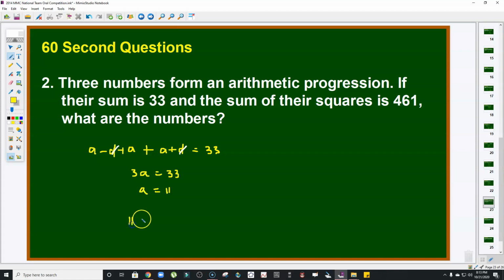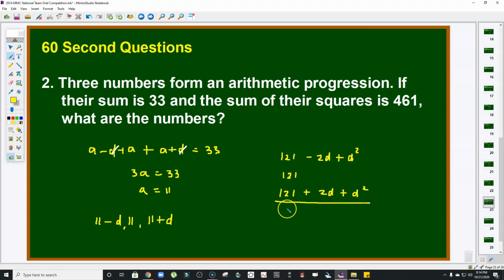So therefore, 11, then the next one is 11 plus d. The one prior to that is 11 minus d. See that? Now, the problem says the sum of their squares is 461. So I have to square it. So I'm going to have 121 minus 22d plus d squared. Now, I square the middle too, that's 121. Then I square the third one, that's 121 plus 22d plus d squared. Okay. So, if I add that, that's 363. Cancel the d terms. So, plus 2d squared, that's equal to